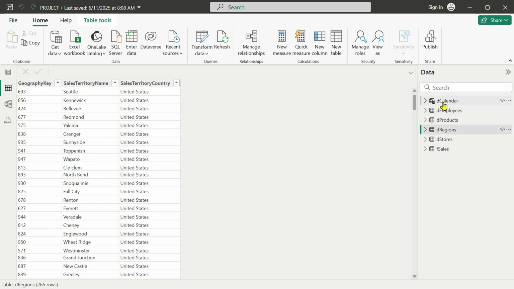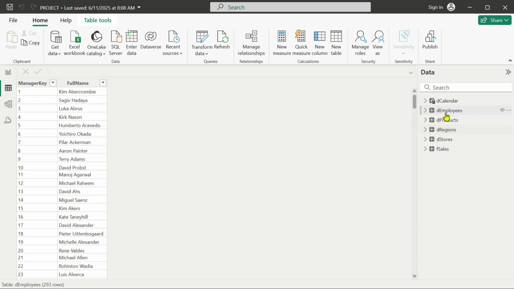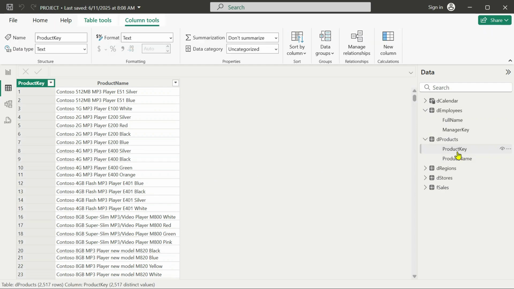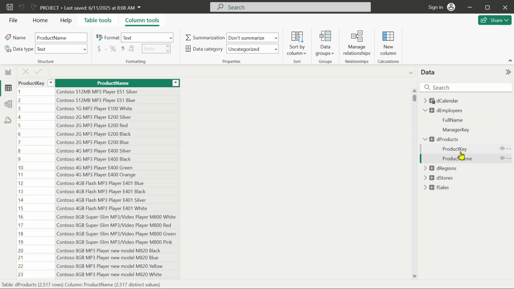So you see that different views have different functions. And if you expand, for example, this list, you'll see that employees is this table's name. If you go to D products, it's this other table's name, and each of the column names in the list right here refers to a single column in the table.